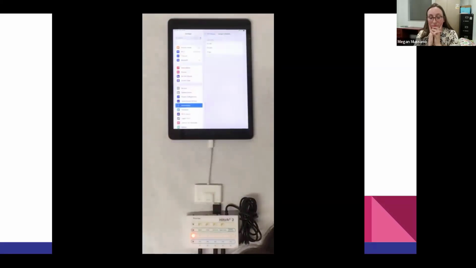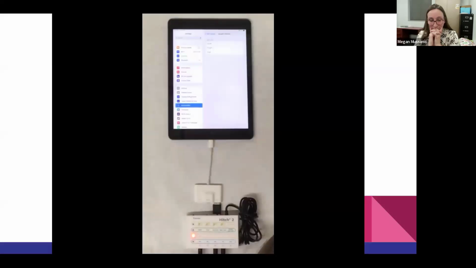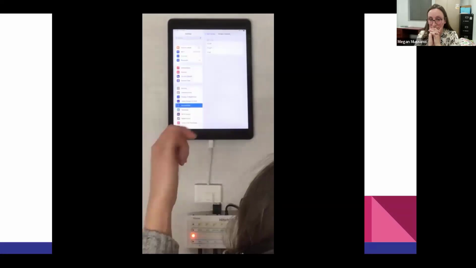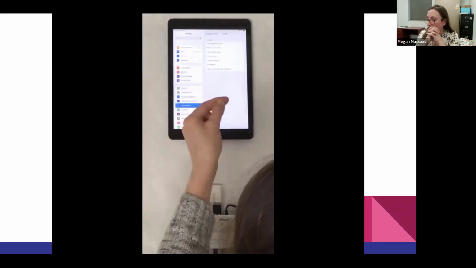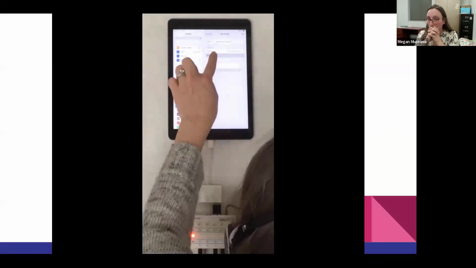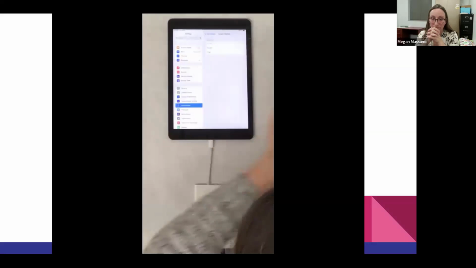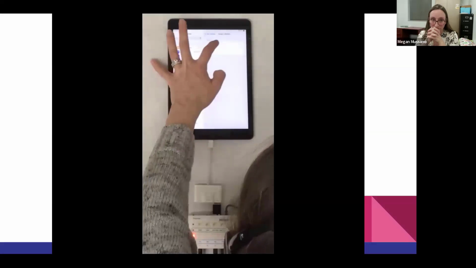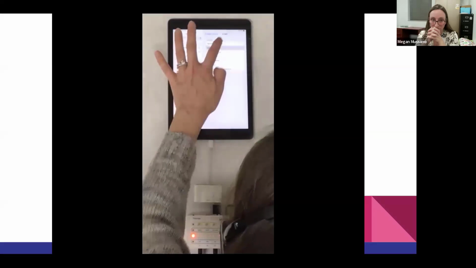So for this example, we're doing tapping middle of the screen, turning pages of a book back and forward. So in my mind, it makes the most sense on the orange left arrow, since it's pointing to the left, that makes sense to move the pages of the book back. So I'm going to take the orange left arrow, and to move the pages of a book back, you swipe left to right. So I'm going to put in the left to right swipe. I'm going to assign another switch to turn pages forward. You go to the right, so in order to turn them forward, you need to swipe from the right to left. So the orange right arrow is going to be a right to left swipe